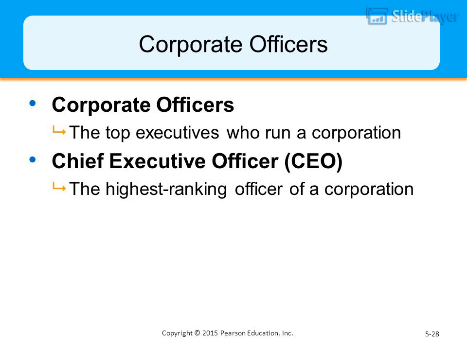Corporate officers. The top executives who run a corporation. Chief Executive Officer, CEO. The highest ranking officer of a corporation. The third and final group that plays a key role in governance are the corporate officers, the top executives who run the company. Because they implement major board decisions, make numerous other business decisions, ensure compliance with a dizzying range of government regulations, and perform other essential tasks,